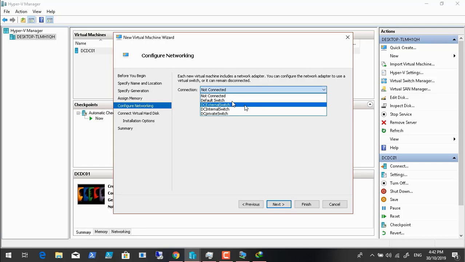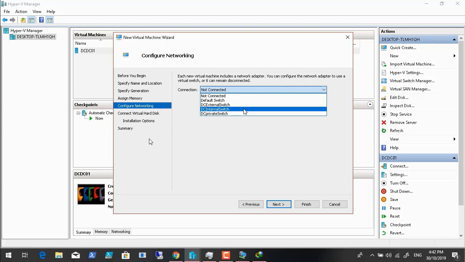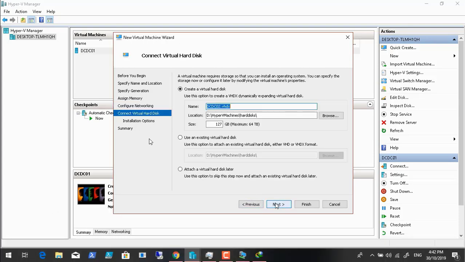We have discussed all of this before, and we will put this virtual machine on our internal switch, which is DC internal switch, the same switch to which our first domain controller is connected, and my laptop also is connected to it. Okay, and we will put 2 network cards. Here we will give it a virtual hard disk, which was 200 gigabytes, and next,